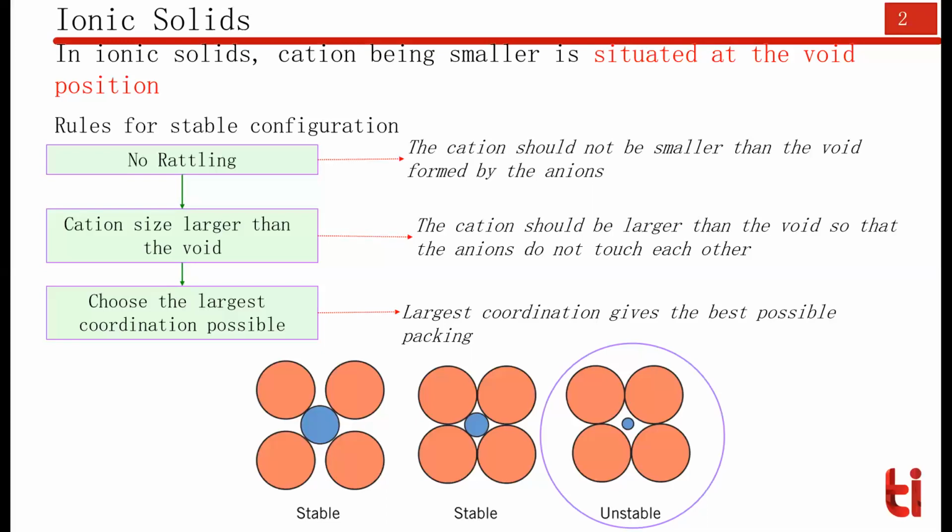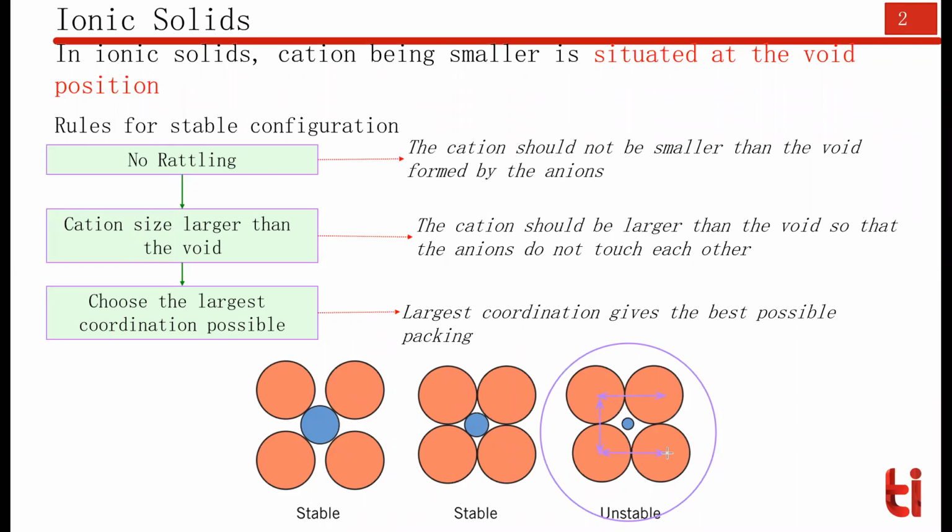What you can see is your anion, being smaller in size, is occupying the valley that is being created by 4 cations. And this configuration is unstable. Why is it so? It is because the cations, which have the same charge, are in physical contact with each other. You can see the cations are all touching each other, which is actually making the solid unstable.